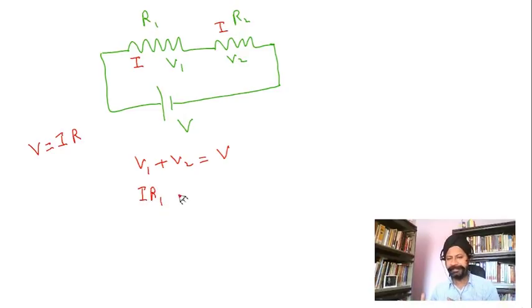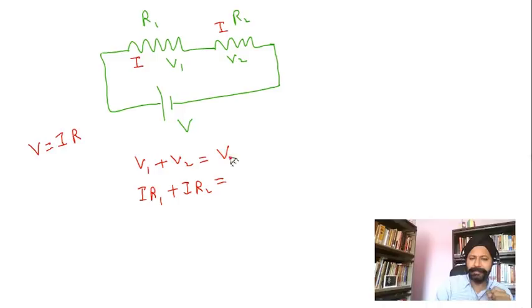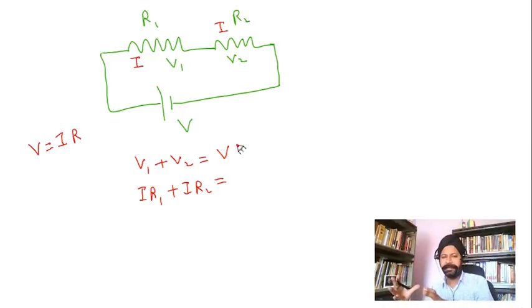You might have done these in your previous sessions when you were analyzing circuits, and that kind of makes sense. Current is this much, resistance is this much, so the amount of energy is V1, that is I into R1. In the case of V2 it is IR2, right. Now I want to find the equivalent resistance. I'm saying I have